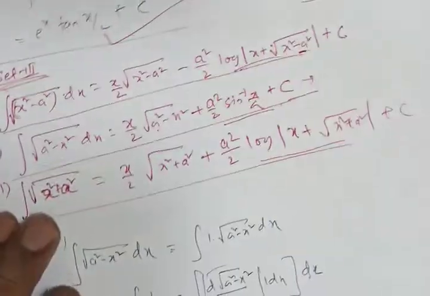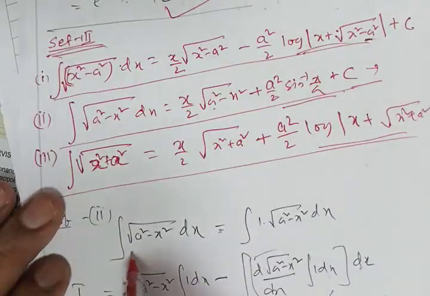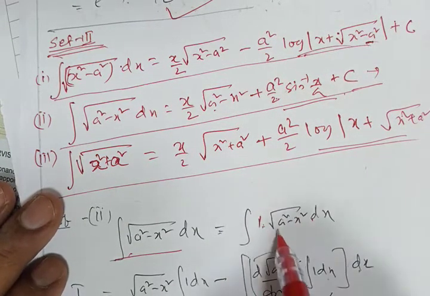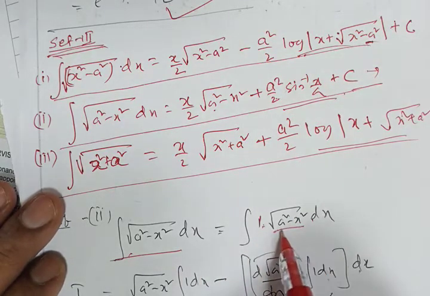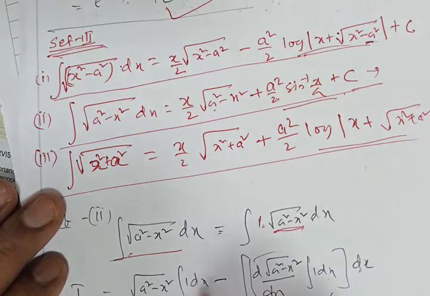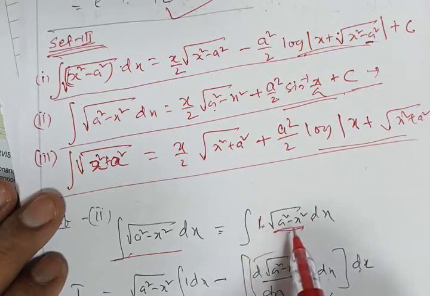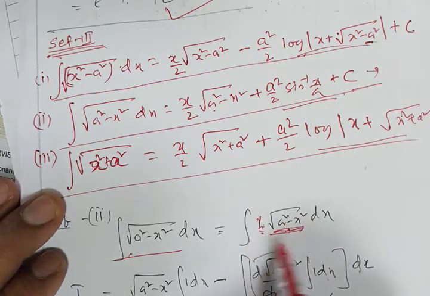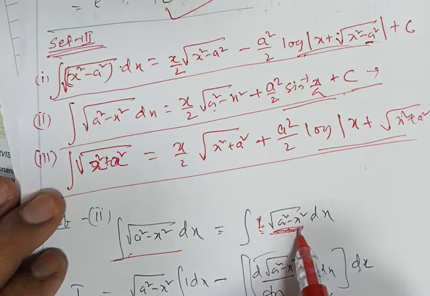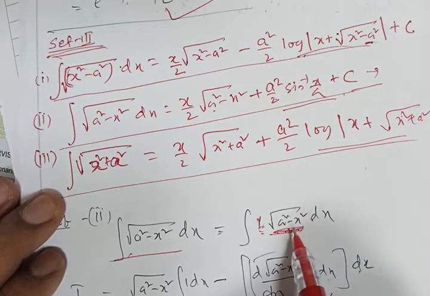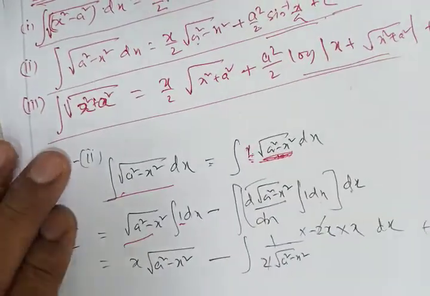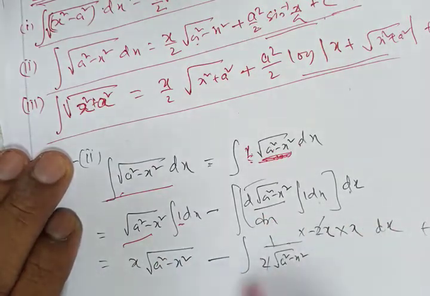Anyhow, I'm doing the second one. I've started with this. I've taken 1 into this. Now we have to take this one as the first function, because if I take this one as the second function, we have to integrate, by our formula, first function into integration of second function. So we don't know the integration of this. Both are algebraic, but we cannot integrate this one right now. So we take this one as the first function, and one as the second function. So then we do this one.